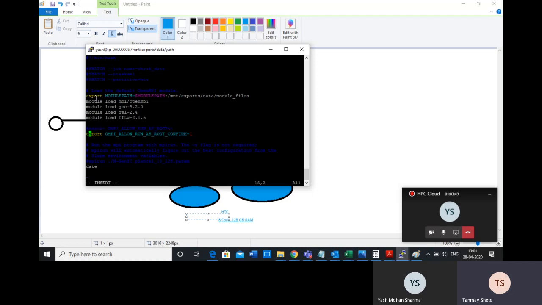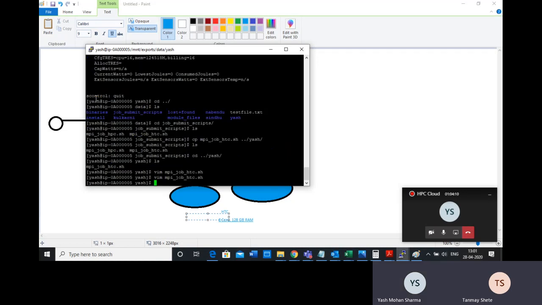You can comment it out if you want, like this, so it will not run. So the SBATCH parameters have to be written like this. There are many parameters that you can give, and based on that it will run. Now this is the date command that I am going to run.